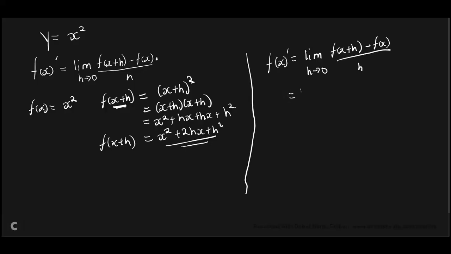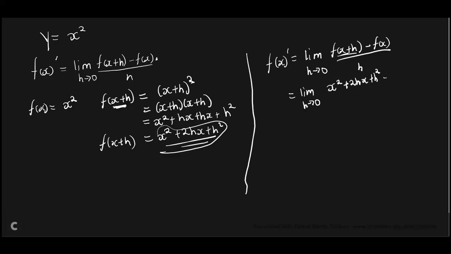Then you substitute where there's f of x plus h. What is your f of x plus h? That's your f of x plus h, right? So we substitute with that expression: x squared plus 2hx plus h squared,